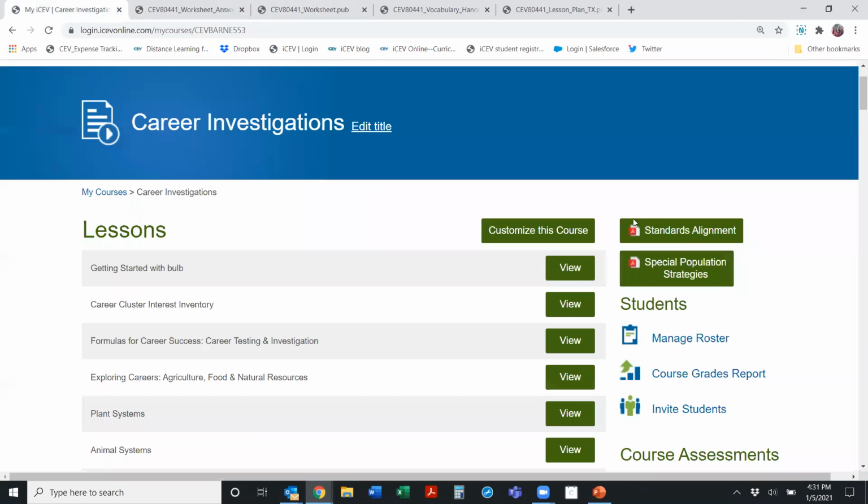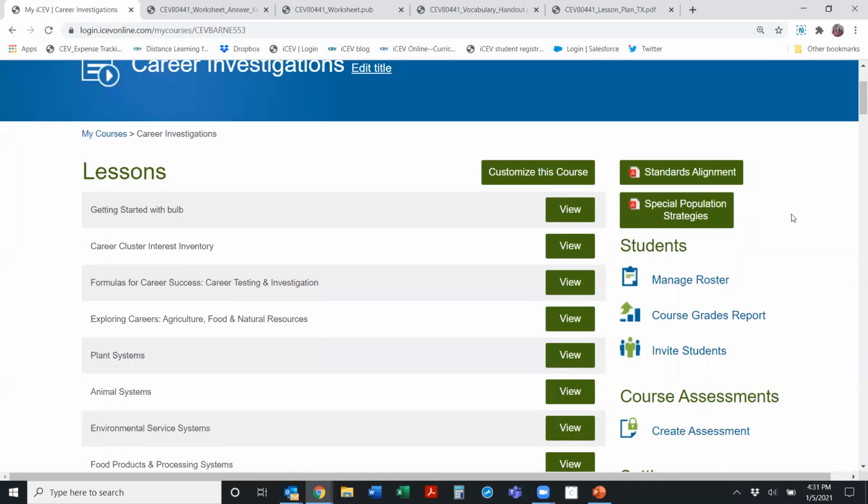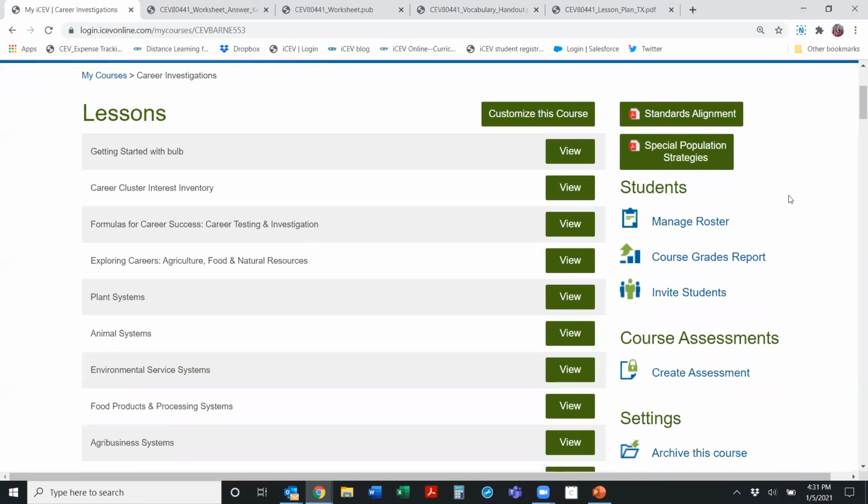So that standards alignment document will only be available if your state abbreviation is in front of that playlist name. But that can be done for your state, just like it's been done for several courses in Virginia and multiple courses in North Carolina and in Alabama. And your state may already have that available. So you may already know about the standards alignment document.